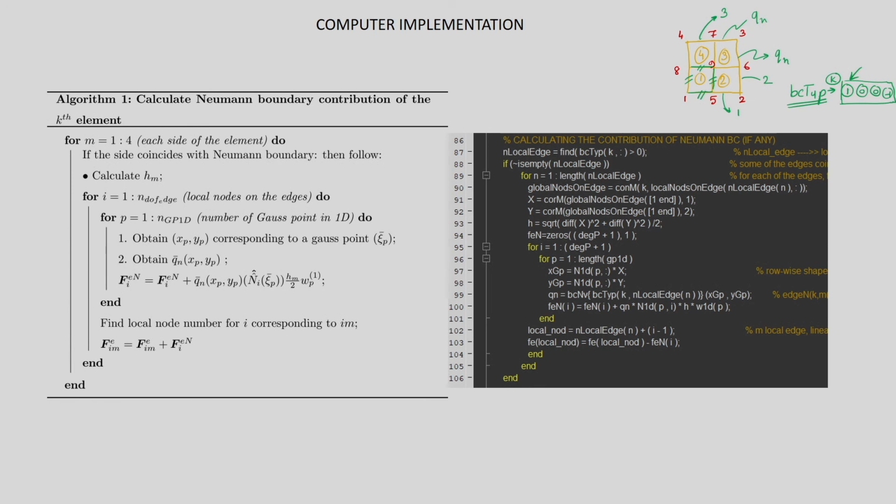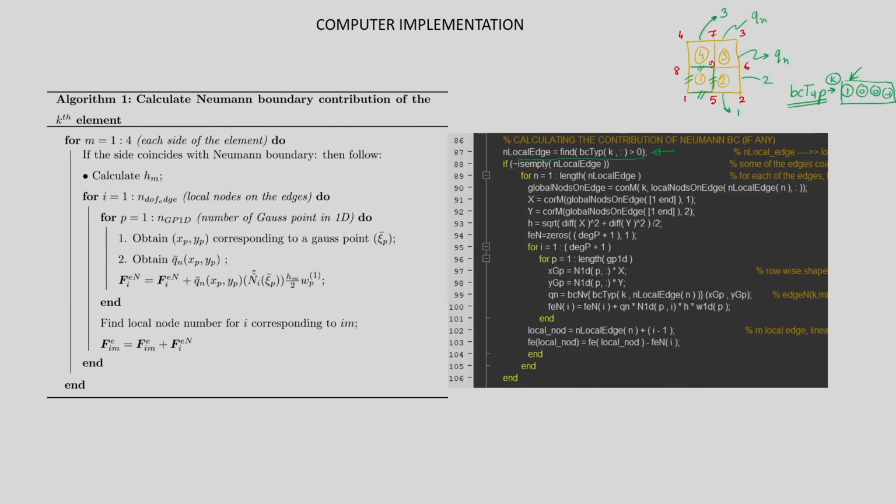the edge of that element coincides with some of the Neumann boundaries, and the number will tell which Neumann boundary it is coinciding with. So, from this piece of code, we are basically calculating which edge of a given element coincides with the Neumann boundary. So, all the edges of a given element will be checked, whether it coincides with 1, 2 or 3 does not matter. It will just tell us which are the edges of which element that coincide with the Neumann boundary. Now, once we identify the edge number, this edge number is a local number.